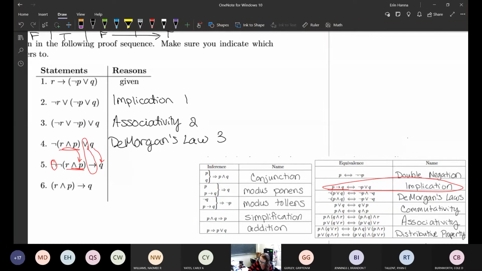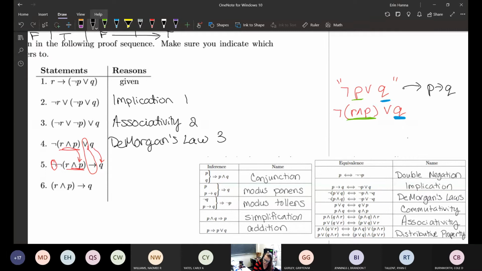We're essentially going backwards, if you will, where we're starting with a not P or Q, where the not P is the R and P. And then the or Q is the or Q. So the P now becomes this kind of big piece, and the Q is still luckily just a Q. So if this tells us that this changes over to P implies Q, that means that we would have, did